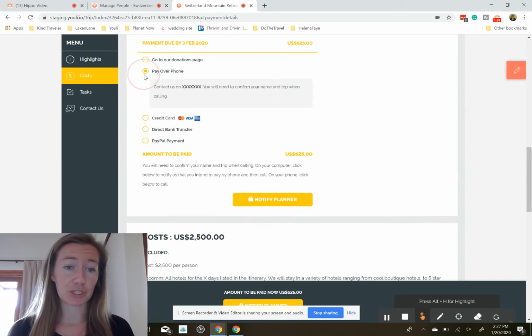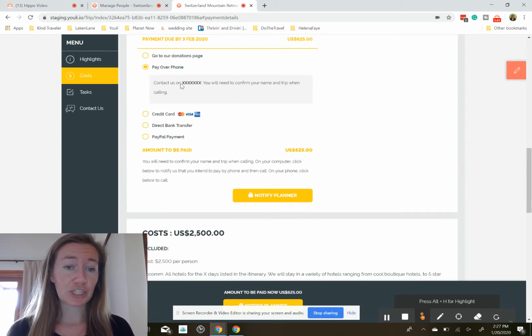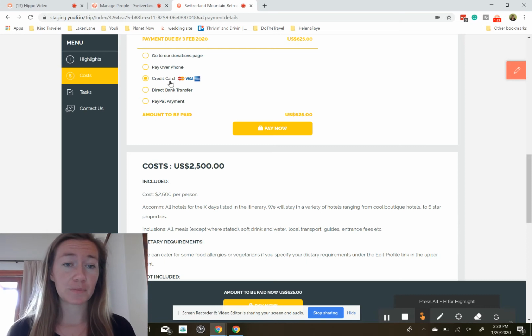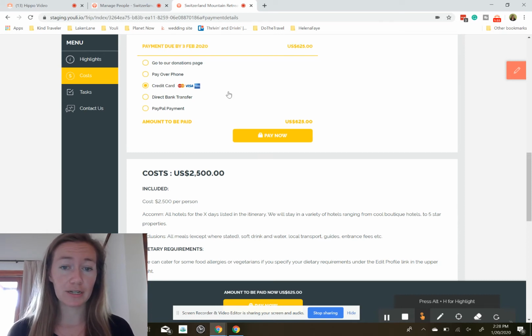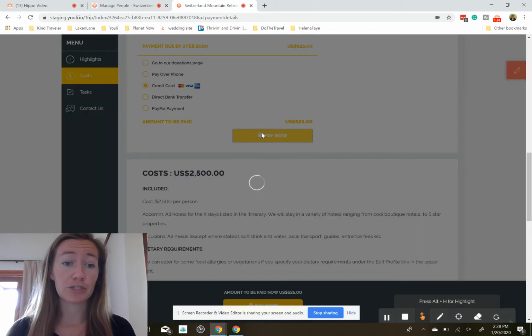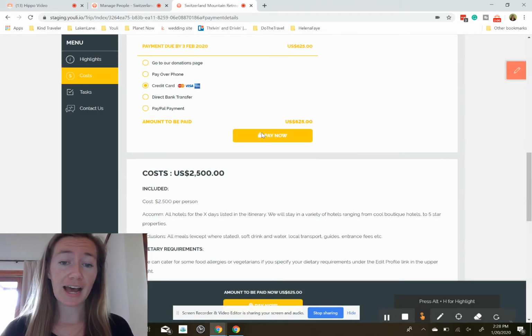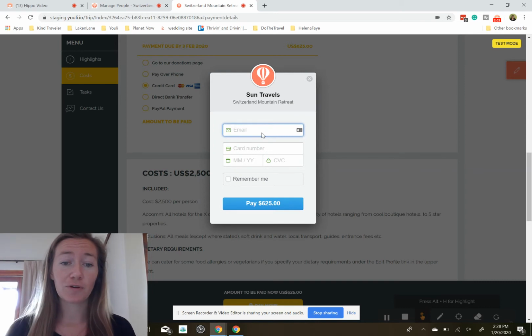I also have the option as Ben to pay over phone, which I then would have here the number that you set for him to call, and you would get notified as the planner when Ben then presses here. I also have the option as Ben to pay with credit card. When I click the Pay Now button to pay with credit card, I'm going to have the pop-up for my email, credit card number, right, month, security code, all powered through Stripe because I have attached my Stripe account to